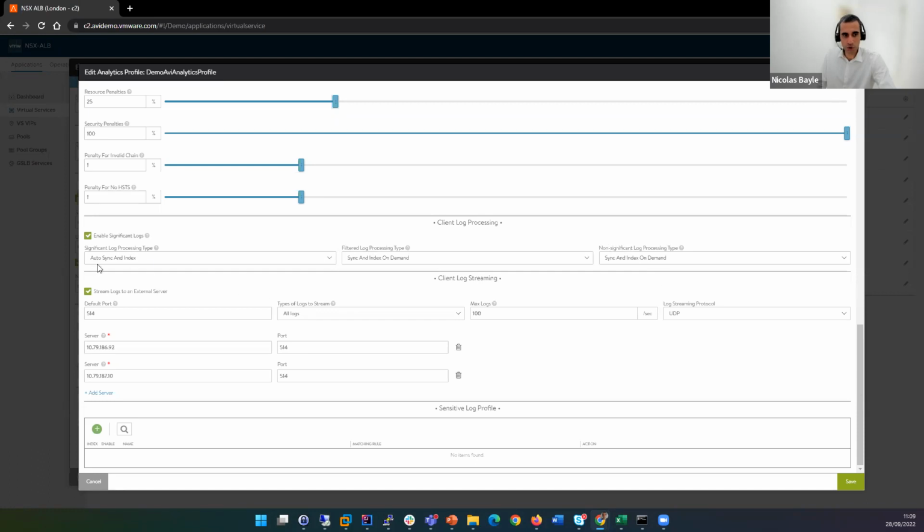You can say, I want to auto-sync and index, which means that the service engine will automatically send this log to the AVI controller and you will index it, right? For the user-defined category here, I have selected sync and index on demand, which means that only if an AVI admin comes and says, I want to see these user-defined logs, in this case, the service engine and the AVI controller will start to sync the logs,